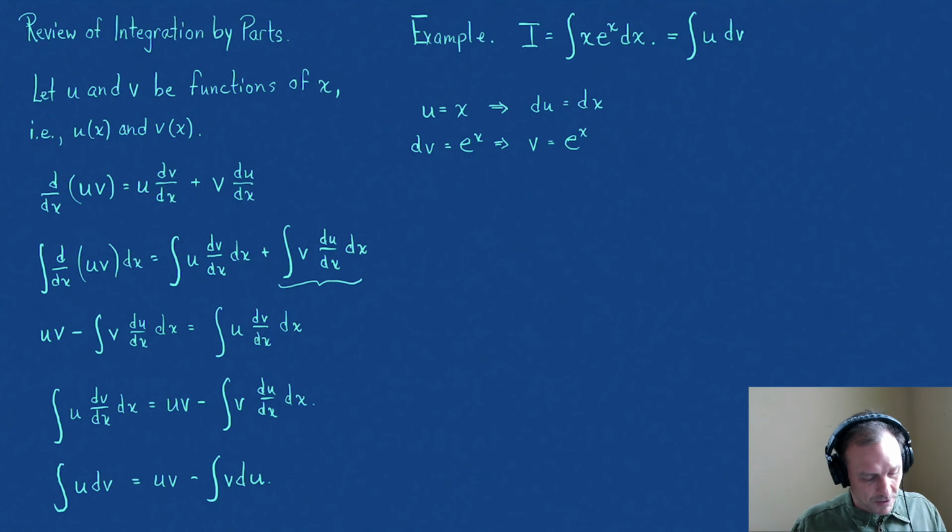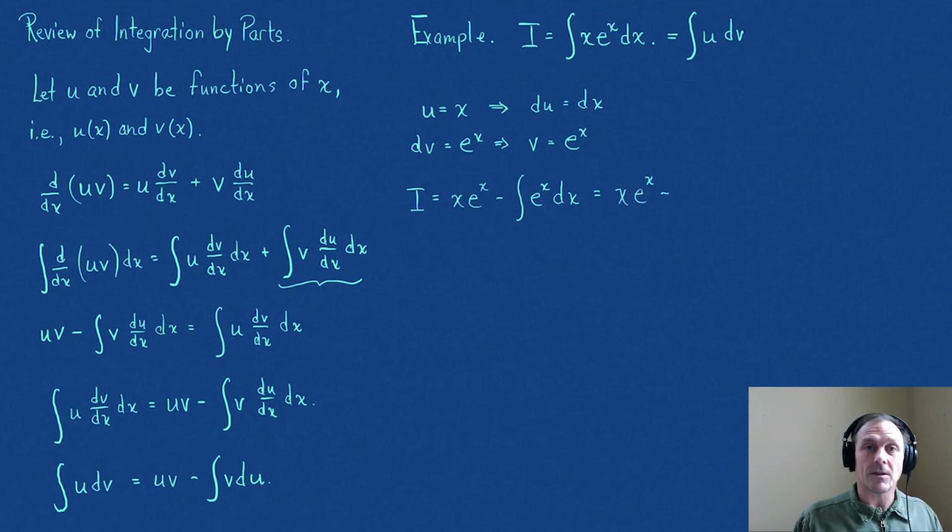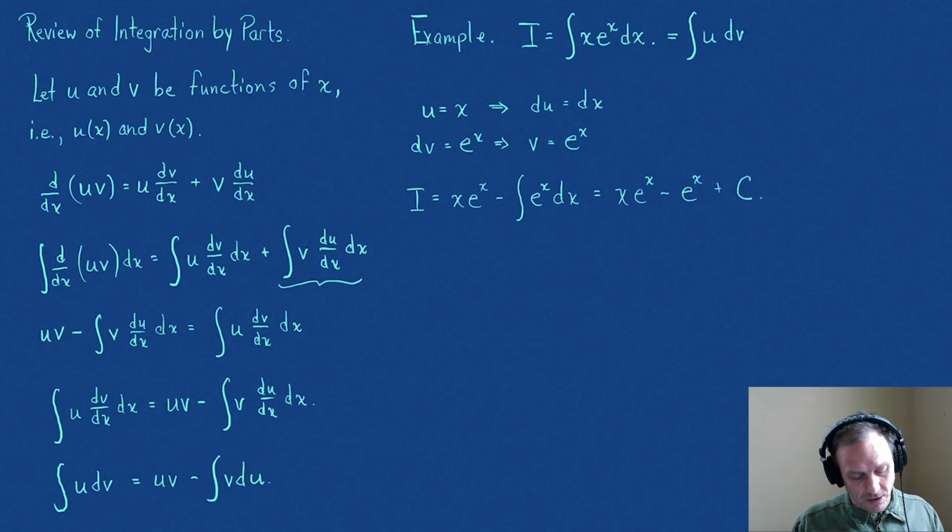Now, if I follow my formula, it says that I is equal to u times v. Well, u is x, v is e to the x, minus the integral of v. Well, v is e to the x, and du is dx. So then if I integrate this, I have x e to the x, minus, and then the integral of e to the x is e to the x, plus I have some constant of integration. And that is how we use integration by parts to solve the integral of a product when substitution won't do